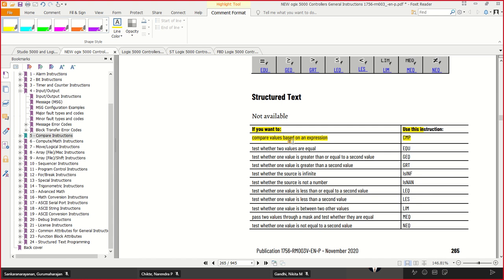It compares values based on an expression. In this CMP instruction you can execute your logic. Suppose you have some transfer function, a square plus 2